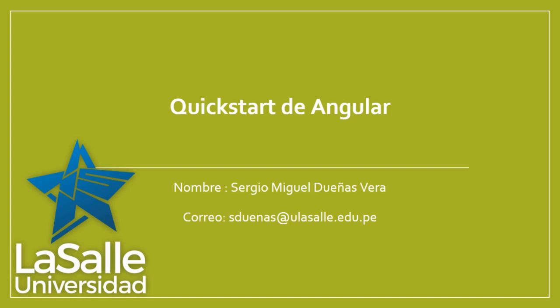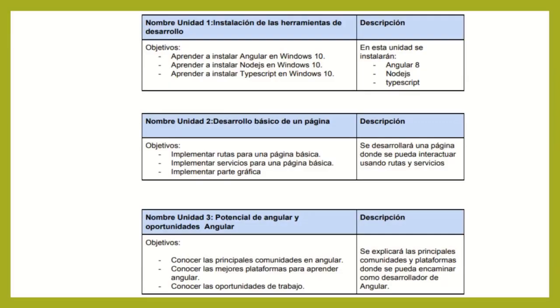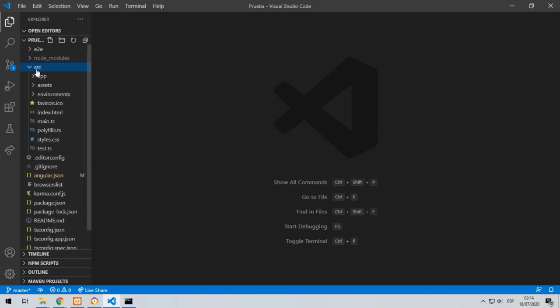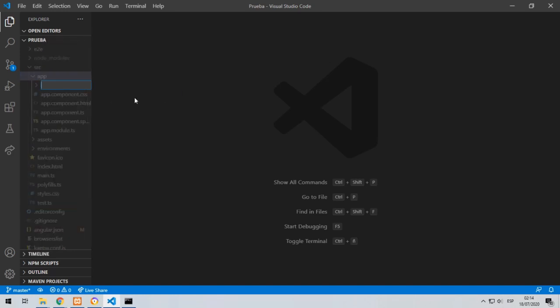My name is Sergio Dueñas, and we are going to continue with the second unit where we are going to implement routes, services, and a little graphic part. Now, as we had already created an Angular project, we are going to create a directory where we are going to locate the navigation bar. We enter src, then app, and there we create a directory called